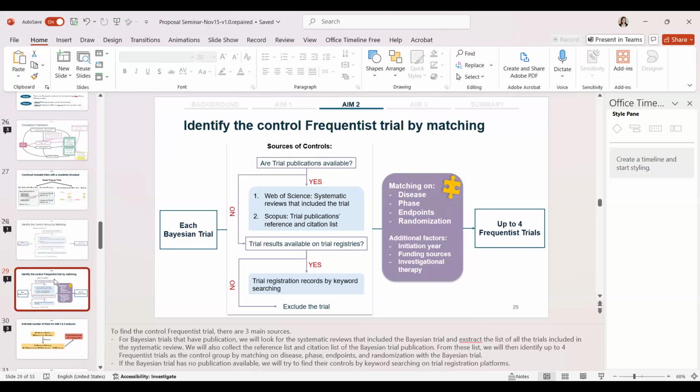Mm-hmm. Information from a control trial. Mm-hmm. That's a really good point. I have not thought of that. That means that the frequentist and Bayesian trials may not be independent of each other. Yeah. But as far as I'm thinking about it now,